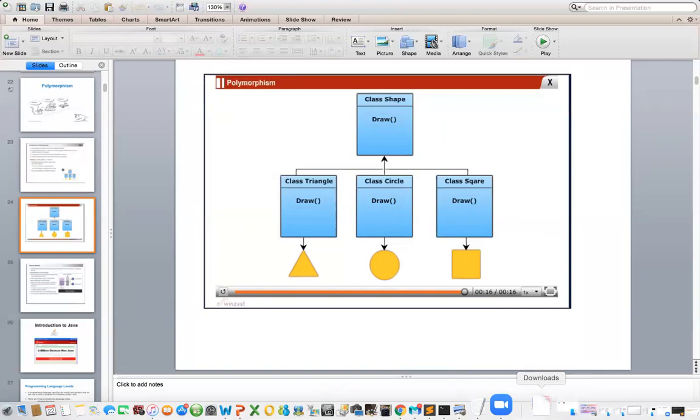Hope you have understood what object oriented programming is and what the major principles of object oriented programming are.